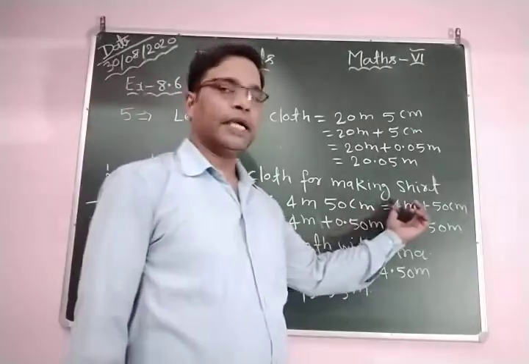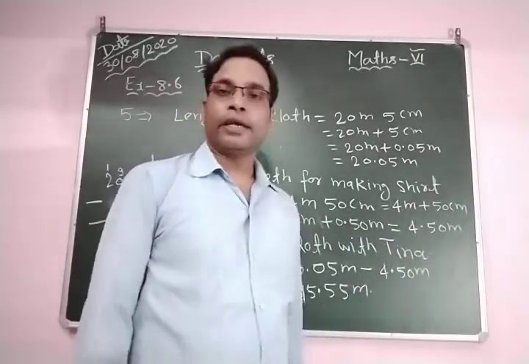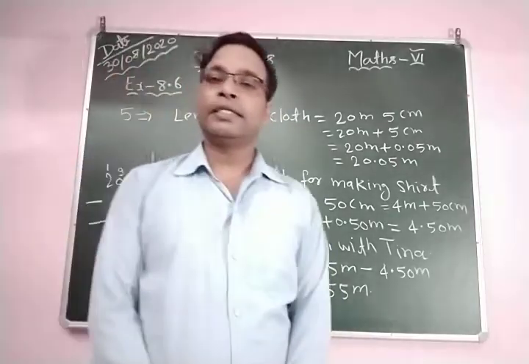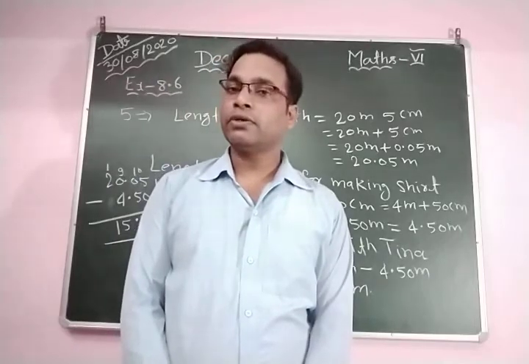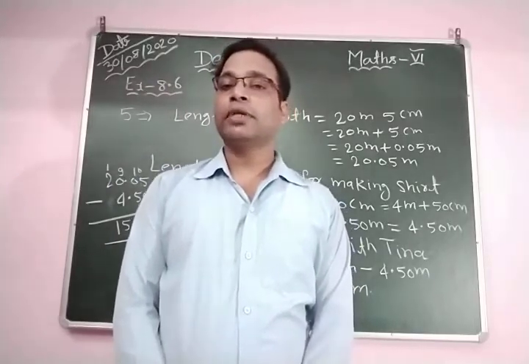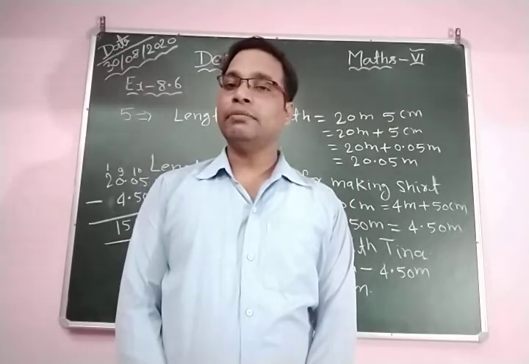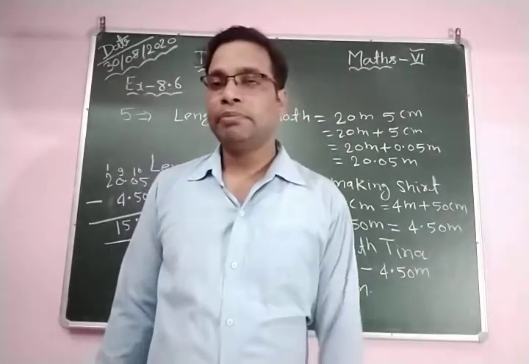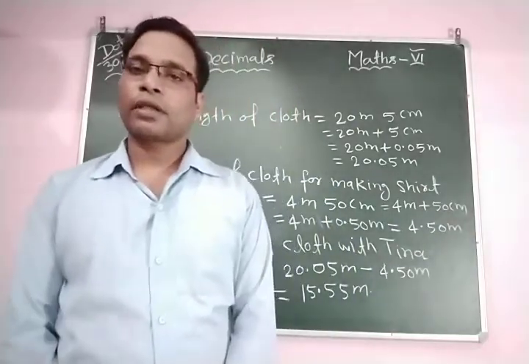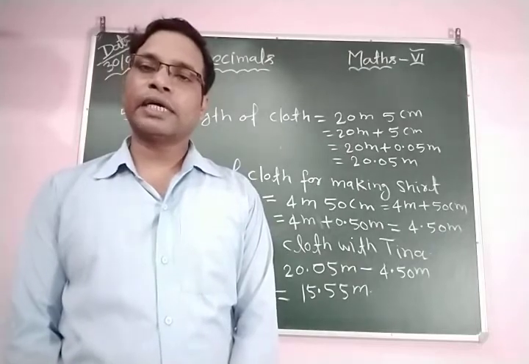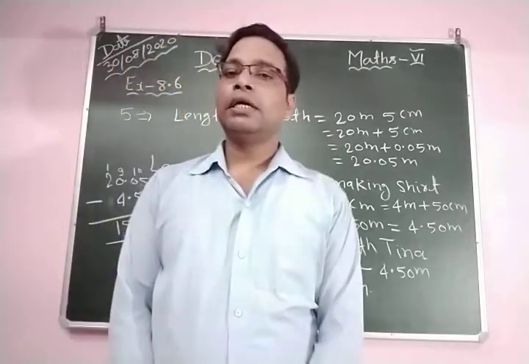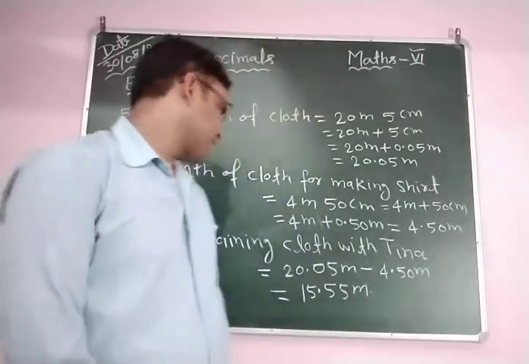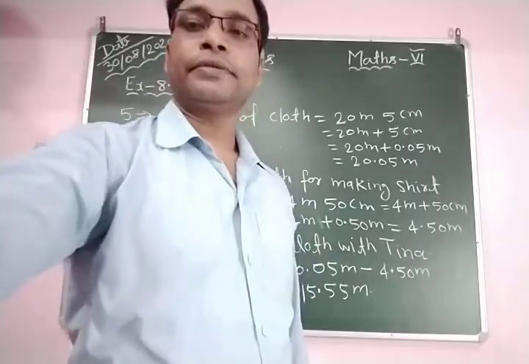So for this first we write 4 meter plus 50 centimeters, and we know that 1 meter is equal to 100 centimeter, or you can say 100 centimeter is equal to 1 meter, or you can also say that 1 centimeter is equal to 1 by 100 meters. But we have here 50 centimeter. It means that 50 centimeter is equal to 50 by 100 meter. In this way you can say 50 centimeter is equal to 0.50 meters. Okay,